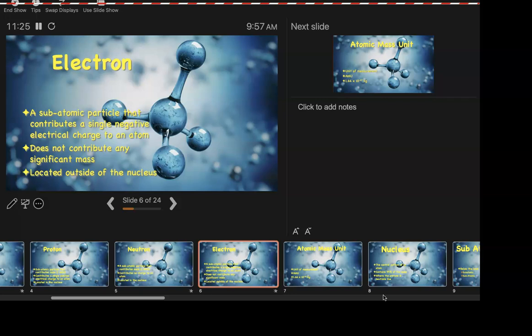So shell theory be damned, okay? But again, you got to learn it or you never balance those equations. That's why we teach it that way. So outside of the nucleus, a fuzzy little herd of mosquitoes.